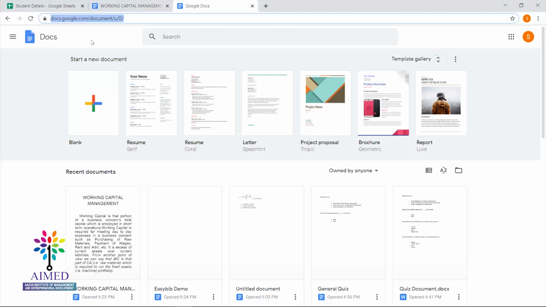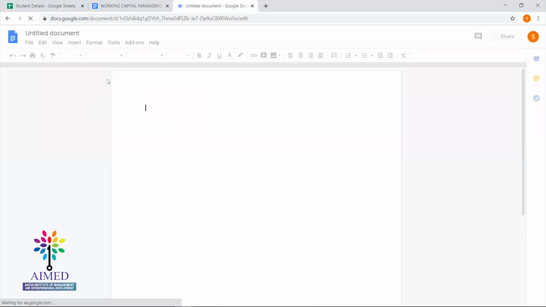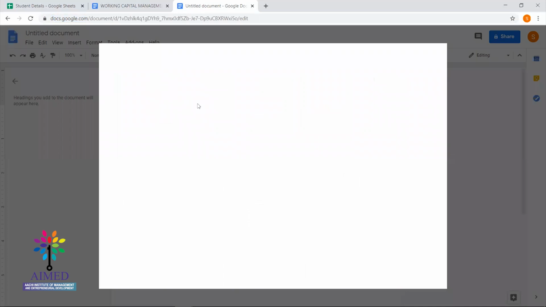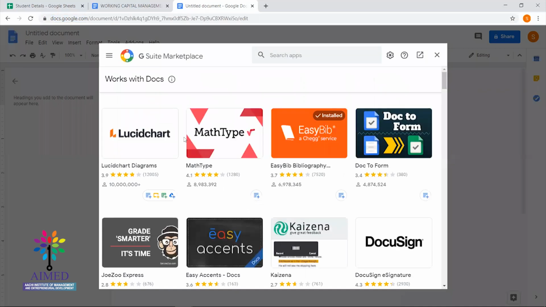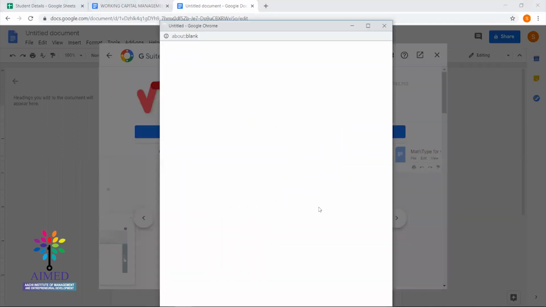So I have opened Google Documents again. I'll click on blank document. Now I'll try to add the add-on first. To add it, again click on the Add-ons menu and Get add-ons, like how we added EasyBib. But MathType is available on the top, so I'm directly selecting it. This application you can install from the G Suite Marketplace also, but as it is particular to these documents, it is directly available over here also.